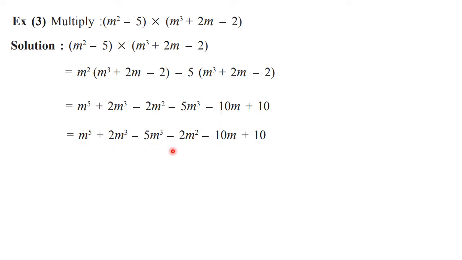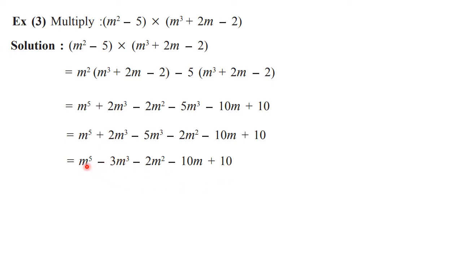So you have to write in descending order of powers, and while writing, if you find like terms, then write them together like this, because we can add or subtract those like terms. So that is why we should write them together. Now this m raised to 5 will be as it is here. See, minus 5m cube and plus 2m cube. 5 minus 2, here the answer will be minus 3m cube. Only this is the pair of like terms. So all the remaining terms will remain as they are. Only you will make a change here. That's it. So this is your answer.